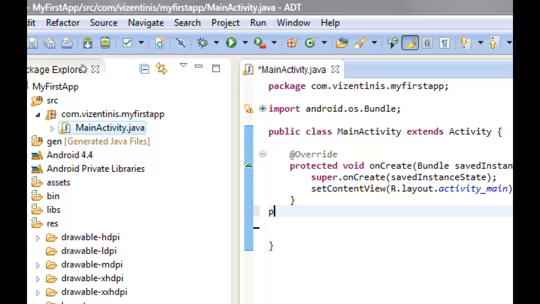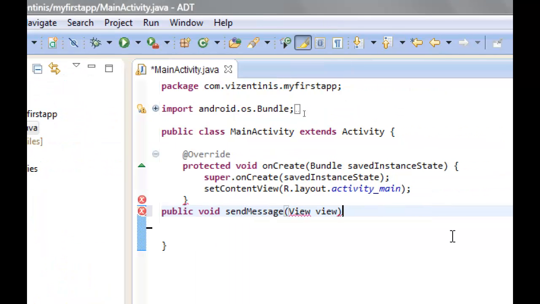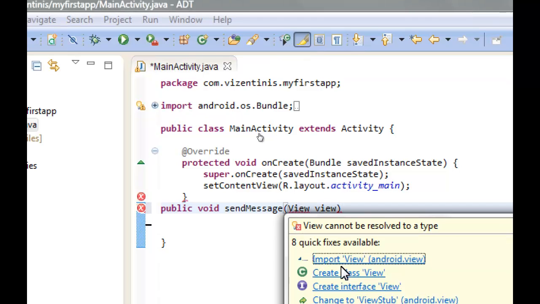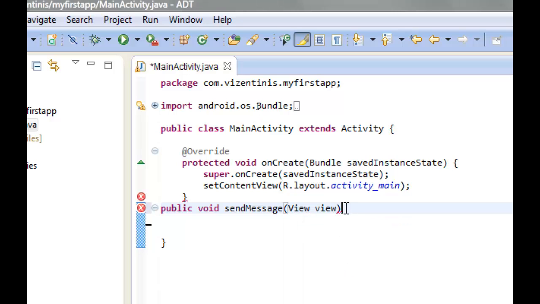So public void send message, here we have to import the view. You can click here to import the view and open brackets. Okay,